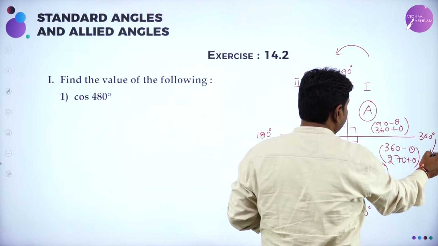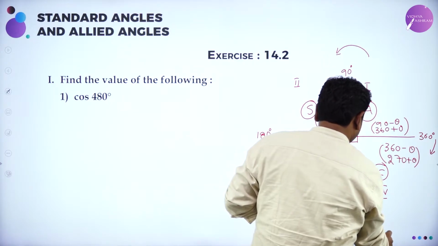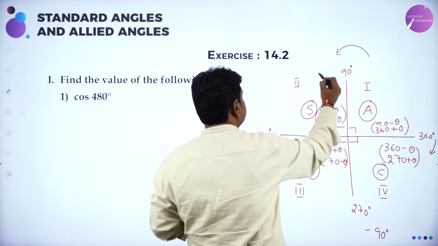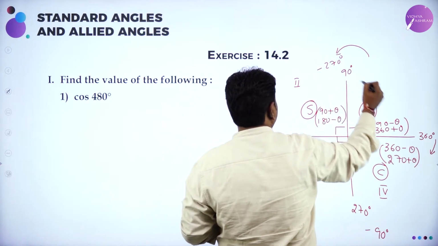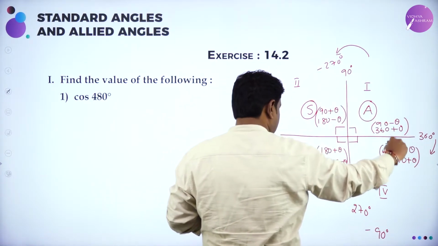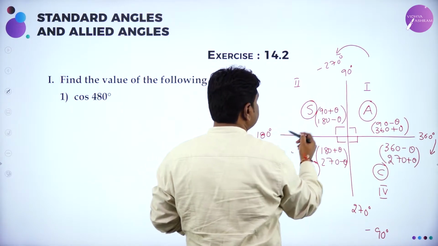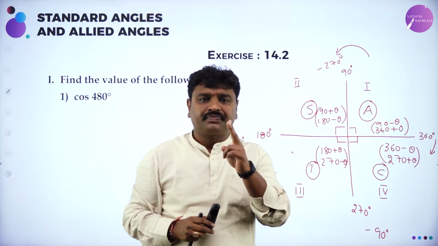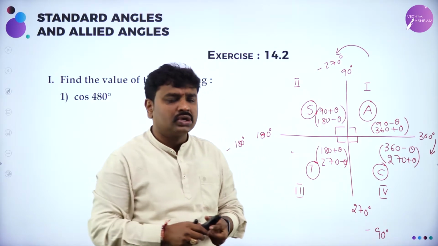And we count the angles in the anti-clockwise direction. Clockwise we count negative. So this is minus 90, the same line. This is minus 180. This line is minus 270 and minus 360. Clockwise if you count, they are negative angles. Anti-clockwise if you count, they are positive angles. And we have two rules. We have how many rules? Two rules. Rule number 1,